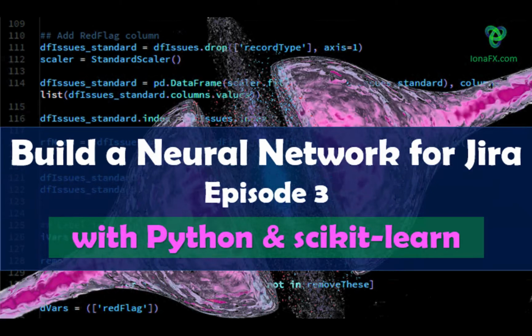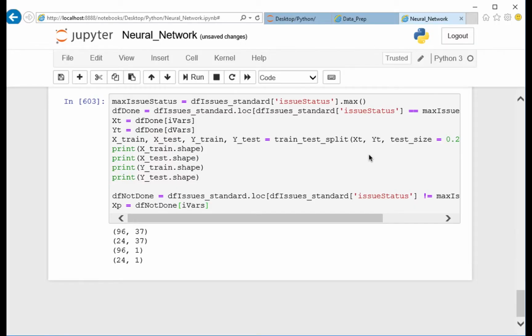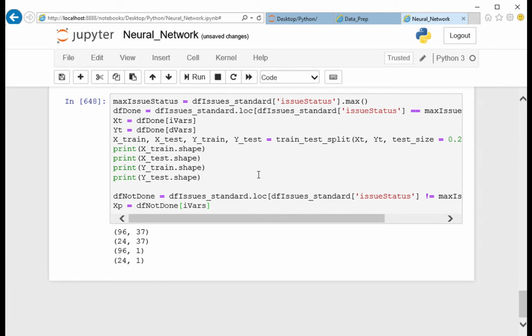Hello and welcome back to our series on applying machine learning to a real-world dataset. We are building a neural network to predict which JIRA issues will become problems. In this episode, it's time to build and test the neural network, and then we'll use it to make real predictions. Let's get started. Okay, we're up to the bit where we actually create the neural network, and it's not